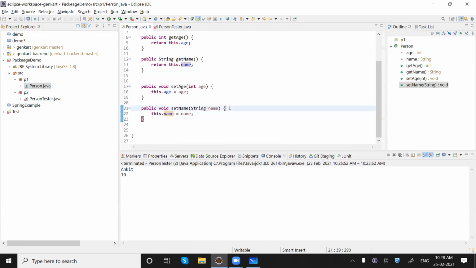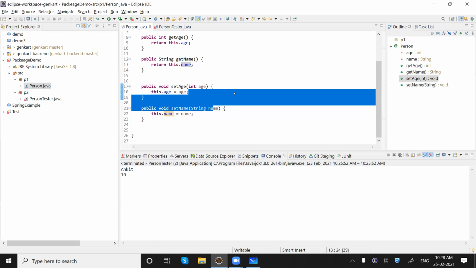Okay. This one is the local variable, this one is the instance variable.